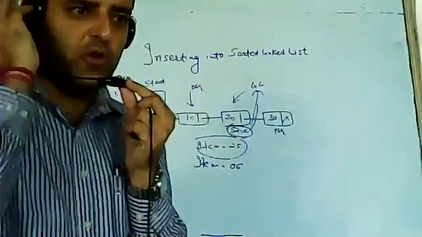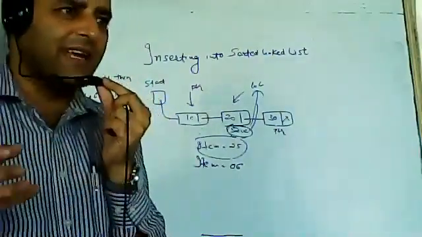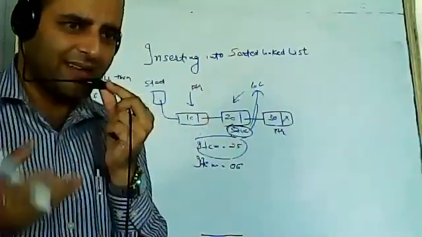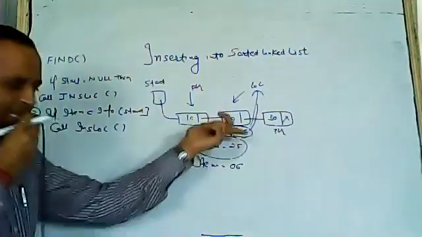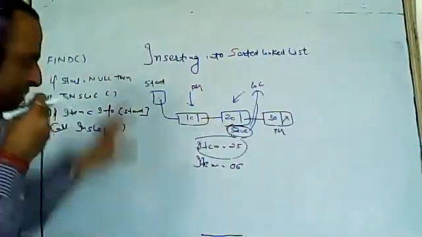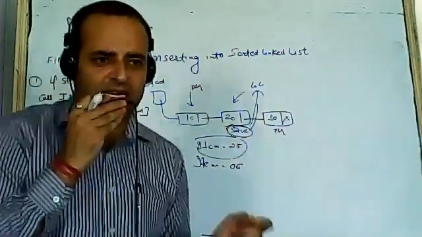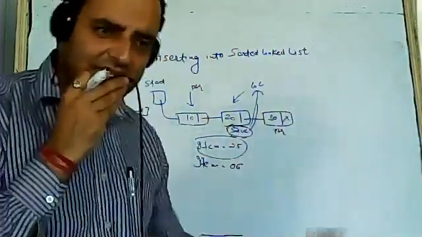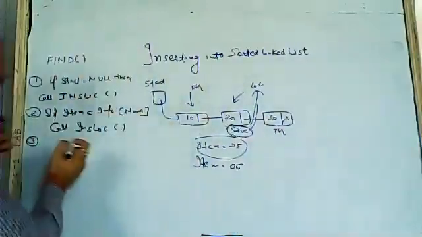No, no. How can it always be inserted at the beginning or at the end? It may be anywhere. Wherever it falls, for example in the middle, it will be inserted there. So it will be a standard algorithm for it. Insertion into a sorted linked list will not have three separate cases. We are covering all cases in the same algorithm. So should we move on now?